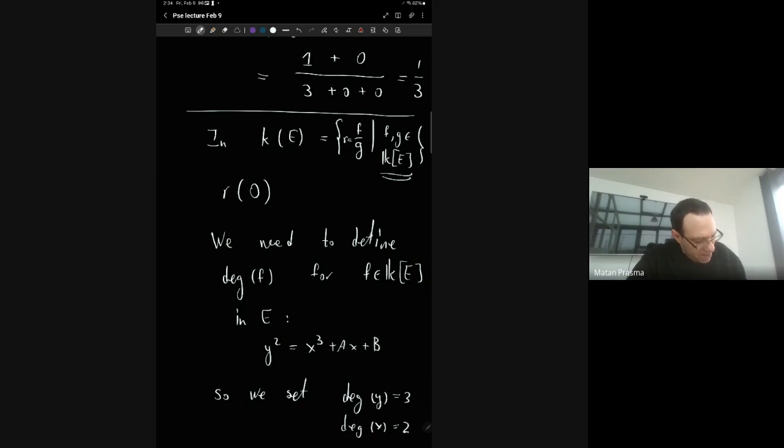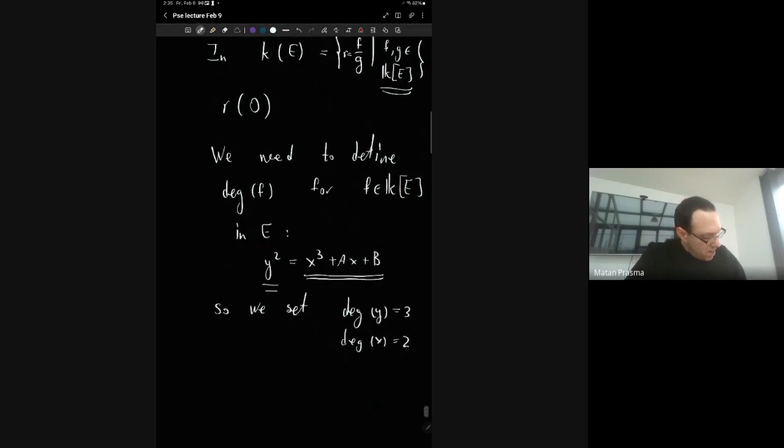If you set it up this way, then indeed the degree of this polynomial is equal to the degree of this polynomial. And then we can define, for a polynomial over E in canonical form,